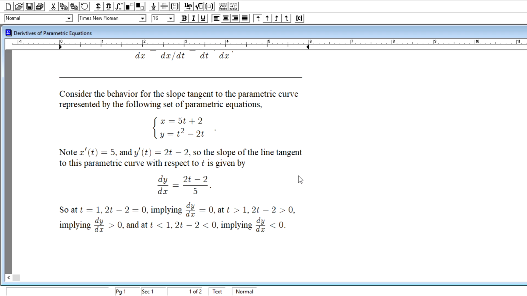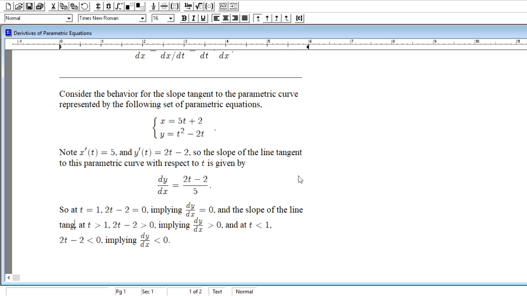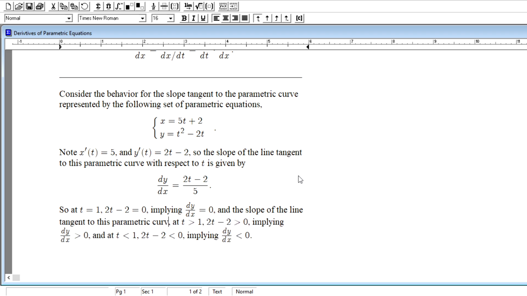Implying there that the slope of the line tangent to the curve at t equal to 1 is horizontal. And the slope of the line tangent to this parametric curve at t equal to 1 is